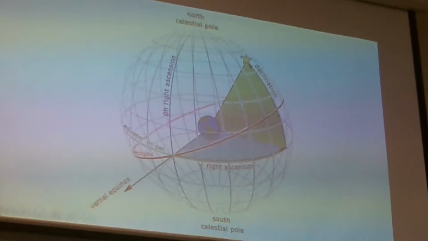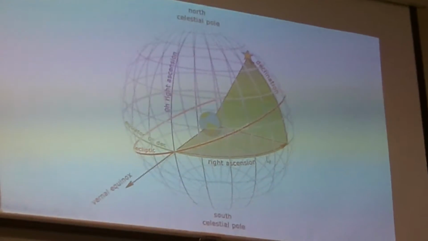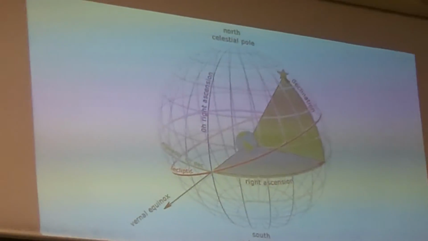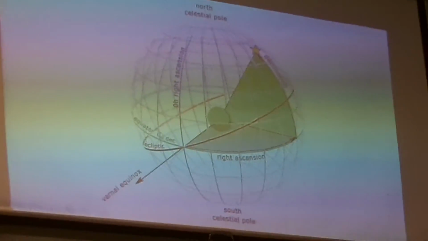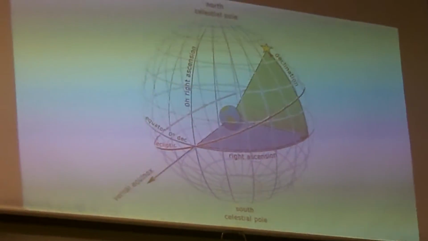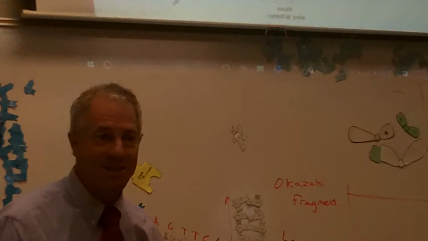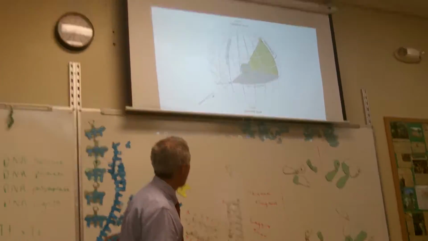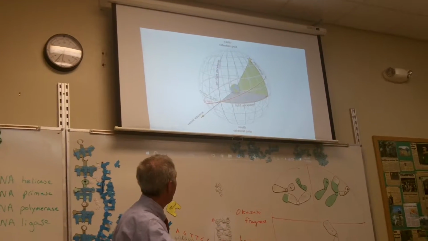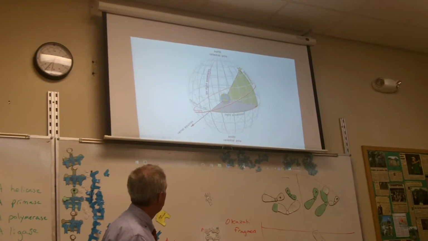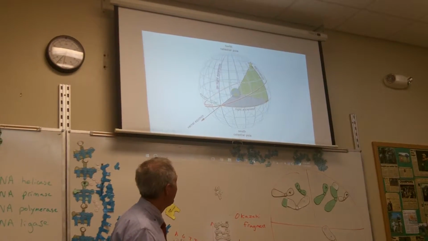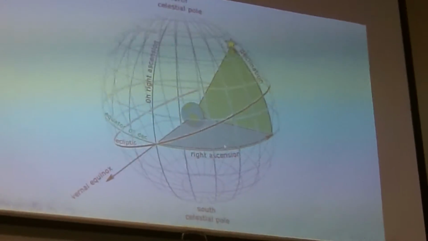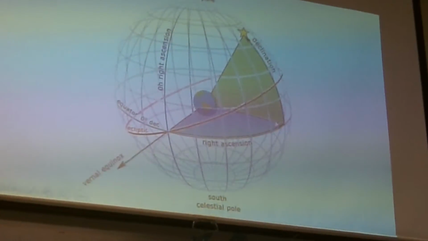So this might be 1 hour right ascension, 2 hours, 3 hours, 4 hours right ascension. And guess how many hours there are going all the way around in right ascension? 24 hours total. Does that make sense? That'll get you all the way around the globe. So this star right here is at, let's say, 55 degrees declination, and 1, 2, 3, 4, almost 5 hours